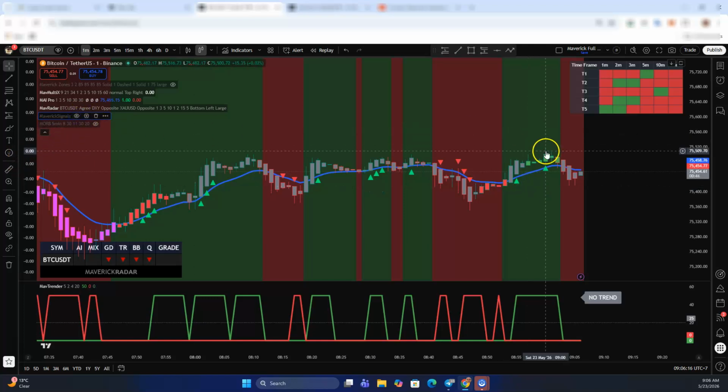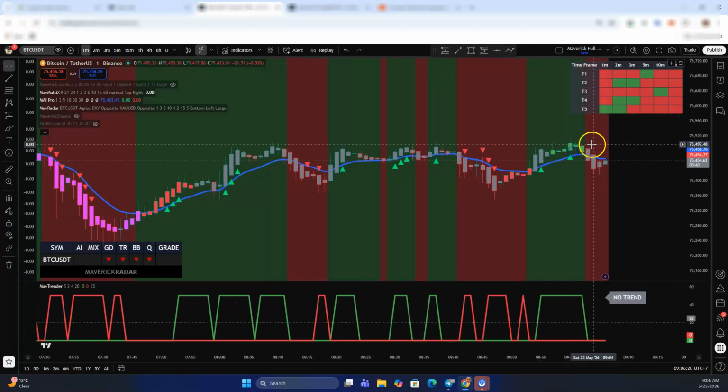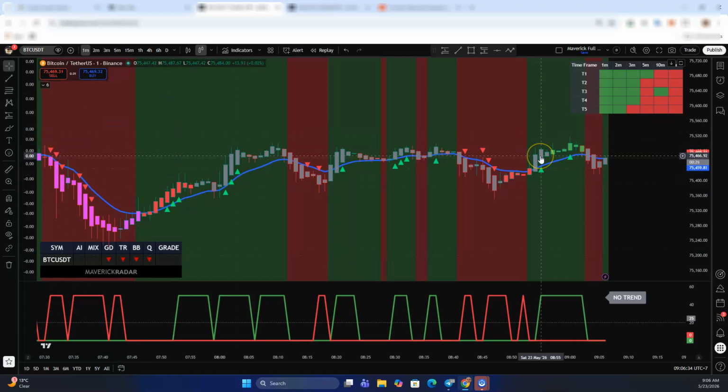Boom, it's off now. So basically what I'm doing now, it's all over the place. I'm waiting until this goes red again, because I know the market's down. And I'm waiting for this Maverick radar to give me confirmation. Then I'll be straight into it. It's just about patience. You've got to be patient, and you've got to learn the techniques. At the moment it'd be alien for you, but my advice really is to open a demo account with your broker, or